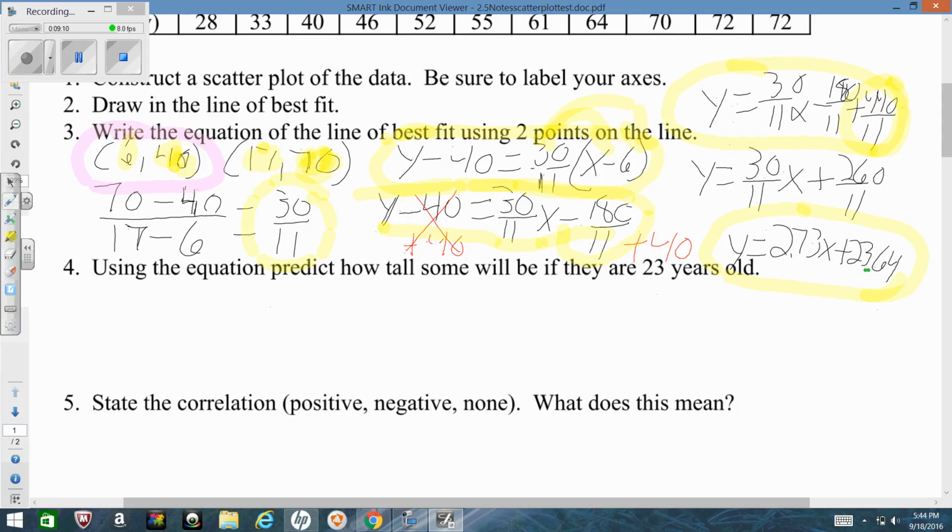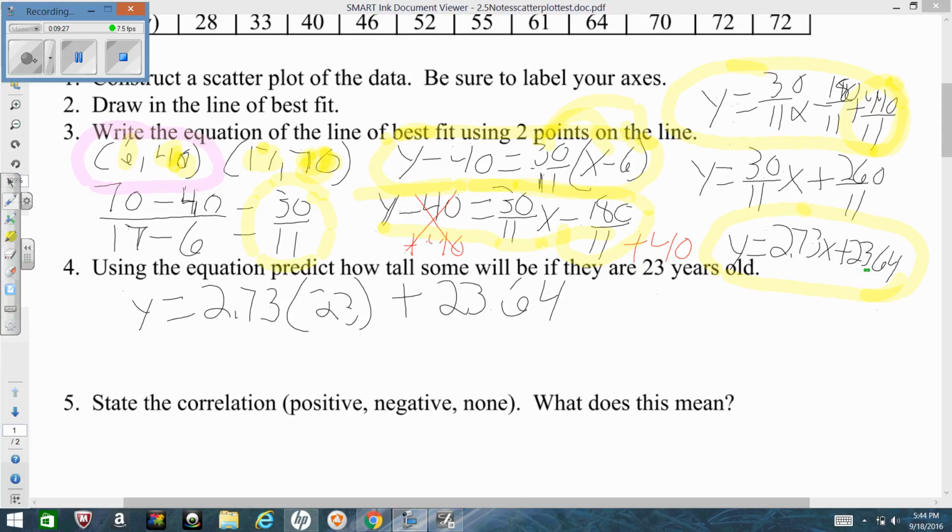Number 4, use the equation to predict how tall somebody would be if they are 23 years old. So we're going to use this equation, y equals 2.73x plus 23.64. In place of x, we are going to put 23 because that's our age. So that would be y equals, when I multiply 2.73 times 23, I am going to get